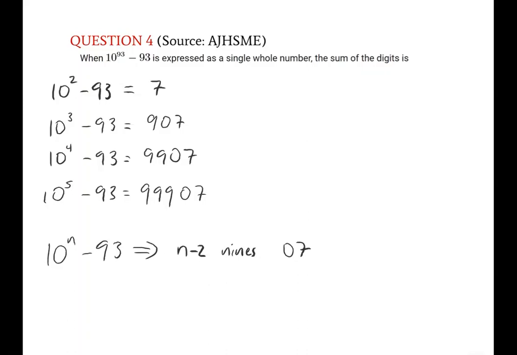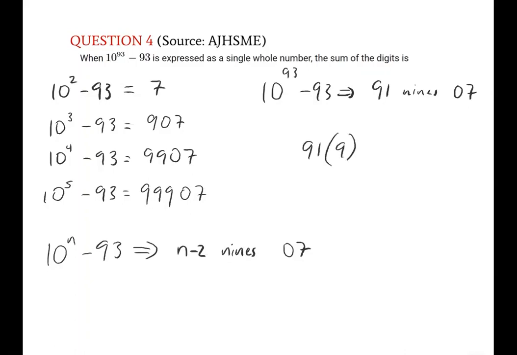So for 10 to the power of 93 minus 93, we know that it will have 91 9s followed by an 07. So the sum of all the digits will be 91